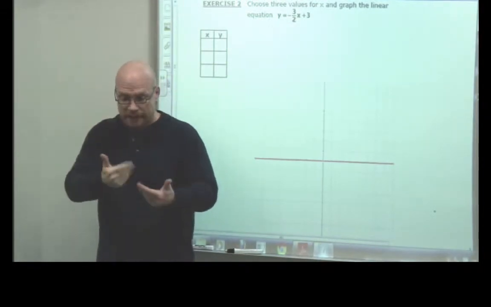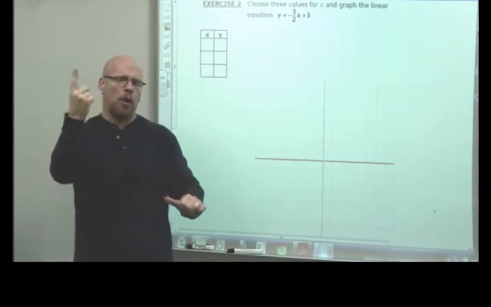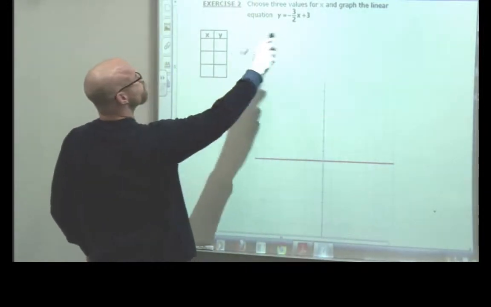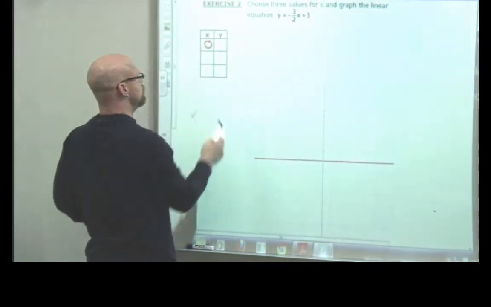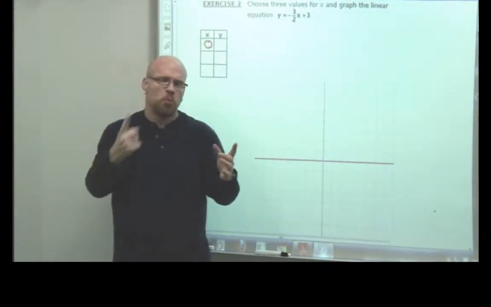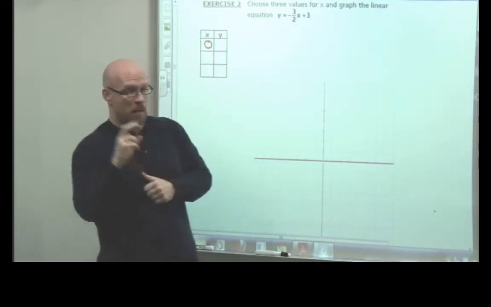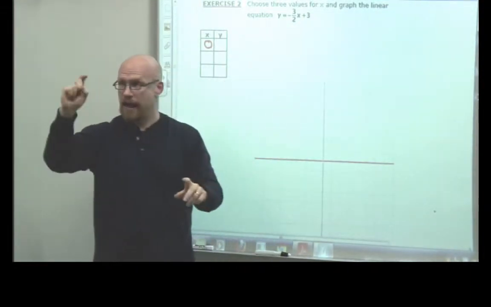Now, what I do is I pick easy numbers because I'm naturally lazy, and that works for me. The first number I usually almost always pick is 0. And I'll pick two other values, a positive number and a negative number, not necessarily the same number. As I see here,